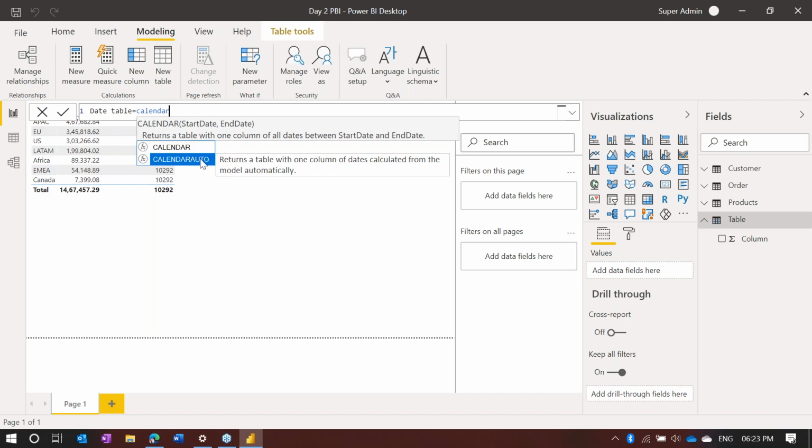We can use the CALENDARAUTO function. So when we talk about the CALENDARAUTO function here,